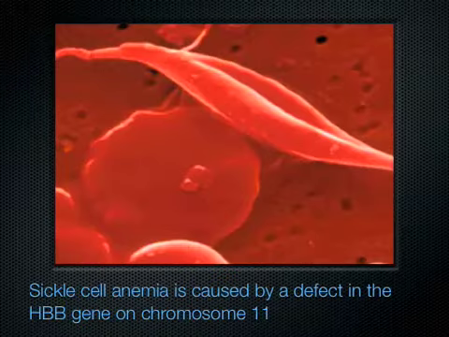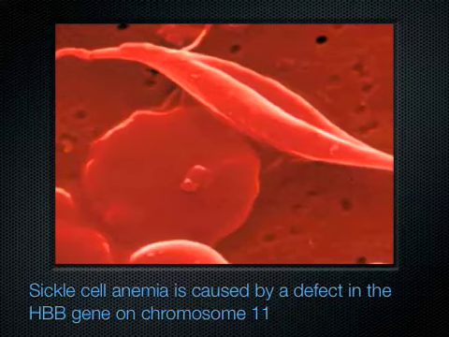In another example, sickle cell anemia causes a defect in the formation of a protein on your red blood cells. This defect is in the HBB gene on chromosome number 11. It causes hemoglobin to be made incorrectly and the shape to be altered slightly. So on the surface of your red blood cells, this protein has changed shape and has then altered the shape of your red blood cell. It is actually less efficient in carrying oxygen around your body and can result in serious effects in your lifetime and even death.